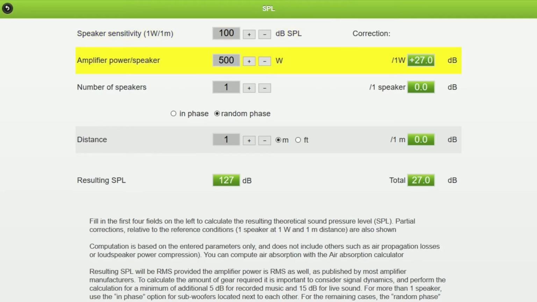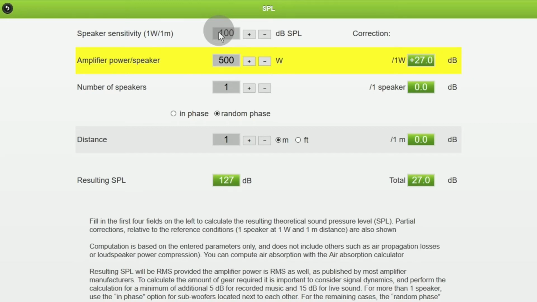Next field is the power that an amplified channel delivers to each loudspeaker enclosure. If we have a box with more than one speaker, then we will treat it as a black box because we don't care what's inside. And we'll use the number of boxes in the number of loudspeakers field. And in the sensitivity field, we'll use the sensitivity of the entire box. If we have several boxes connected to the same amplifier channel, then we'll enter the power of the amplifier channel divided by the number of boxes.